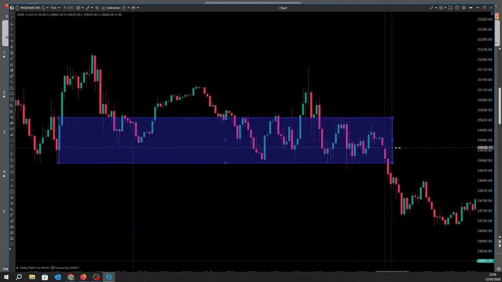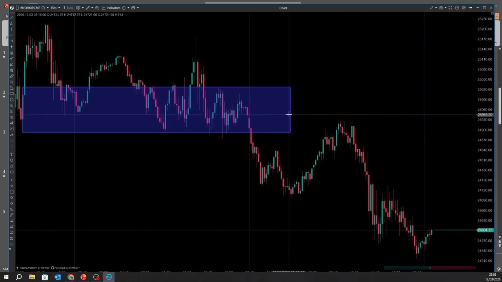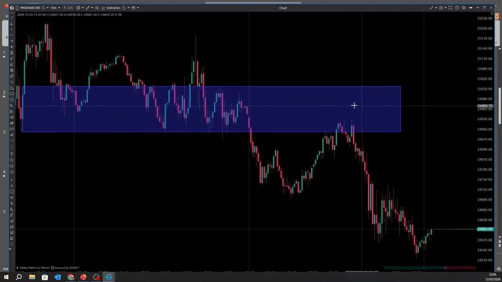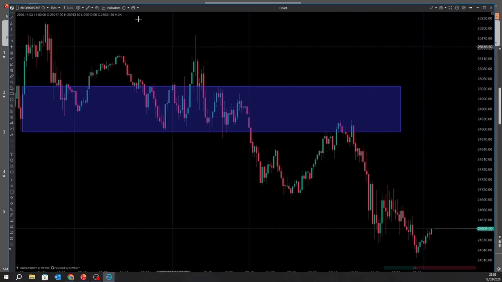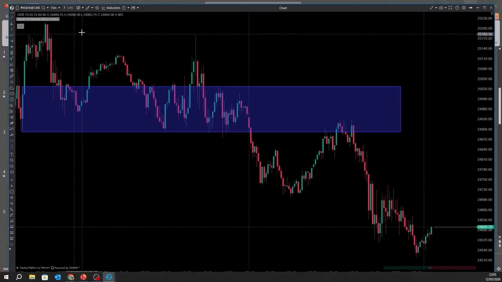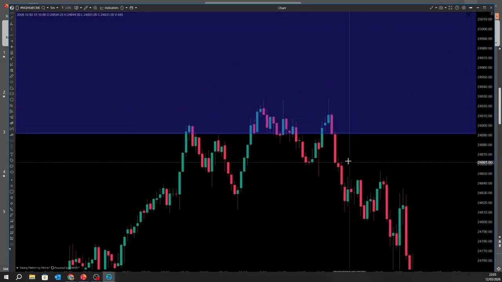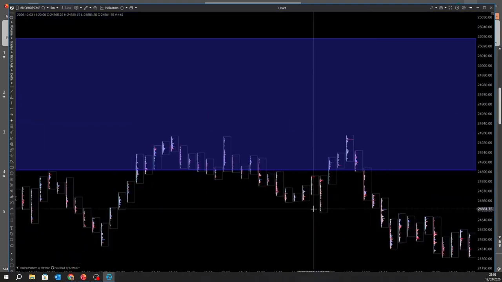So what you'll see with order flow is you're not looking to use the order flow everywhere. You're only looking to read the order flow inside of certain areas, if that makes sense, right? So again, we're going to go back to our definition over here. Order flow is the real-time analysis of buy and sell orders entering the market. So for example, and we're going to go into this as the series goes on, let's say we have a key level like this, right? Just randomly, I don't trade NQ or NQ futures, but when price comes into a key level like this, we see